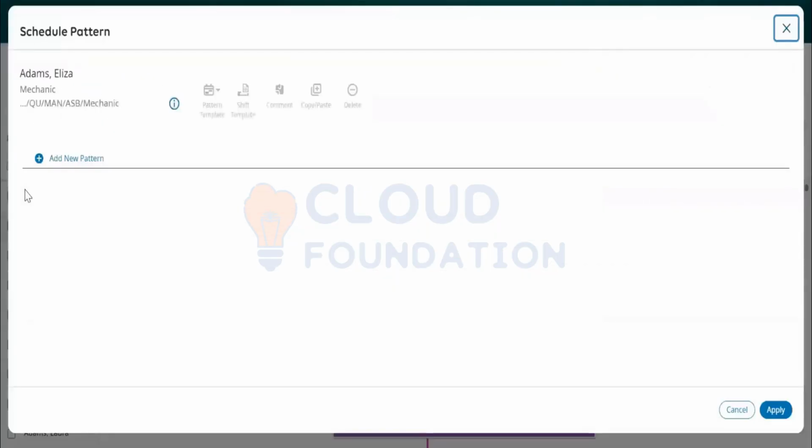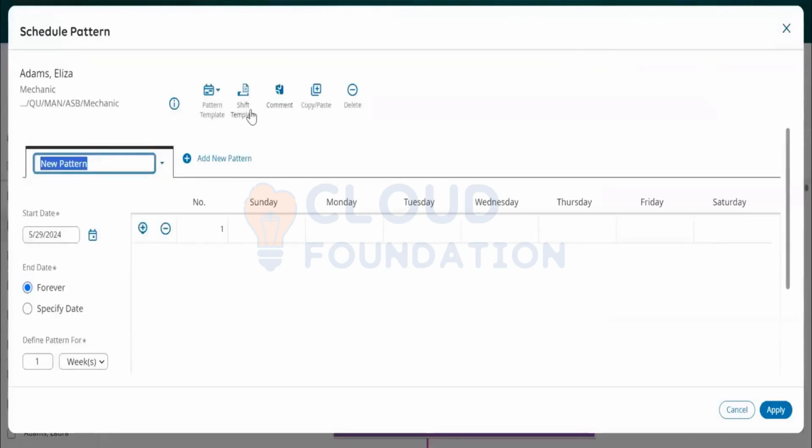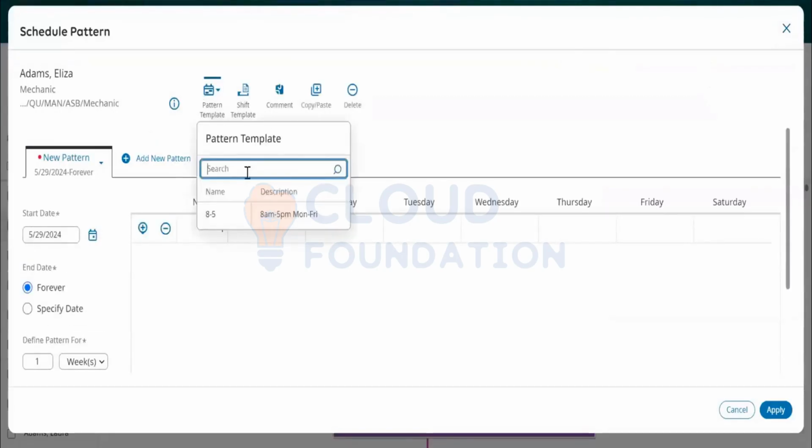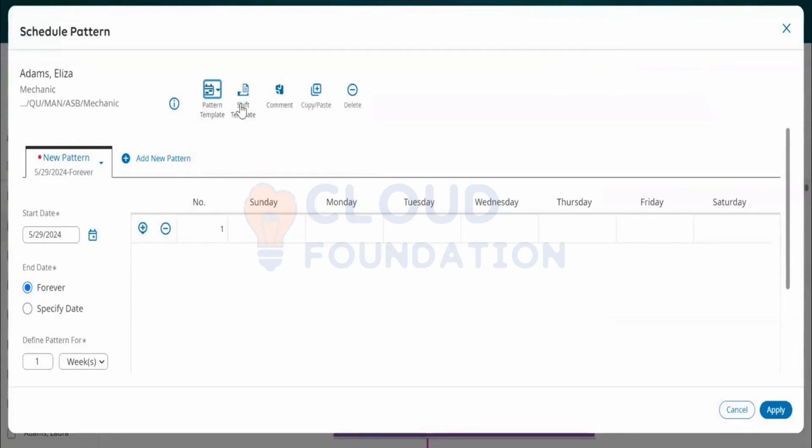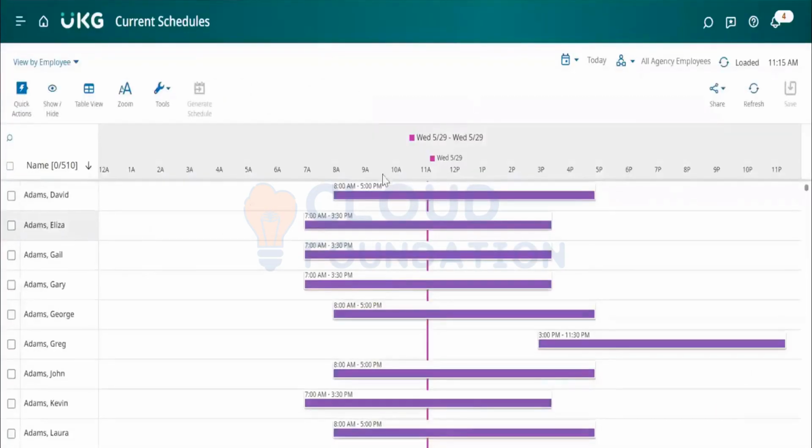And then you can click. The manager will click on schedule pattern and then create whatever they want. If they want to add any existing pattern, you can do, or if he wants to add a shift template, you can do, or if he randomly wants to type it out, those things you can do. Come here. Any other things